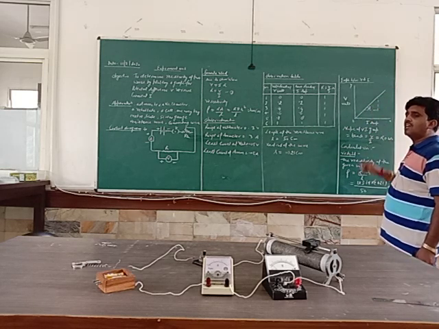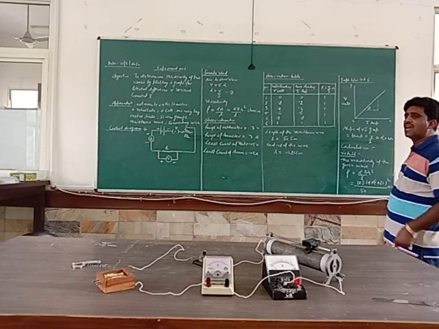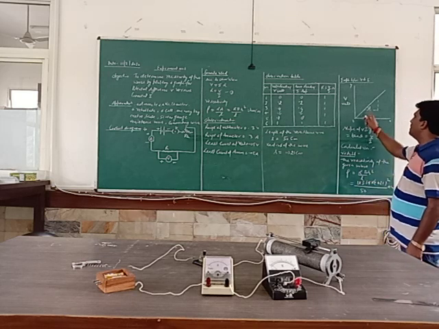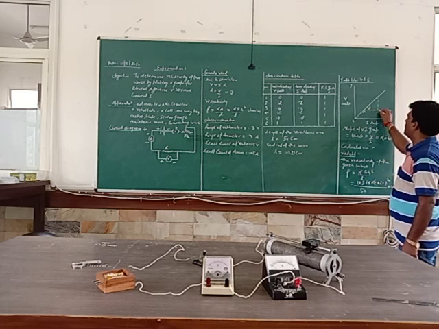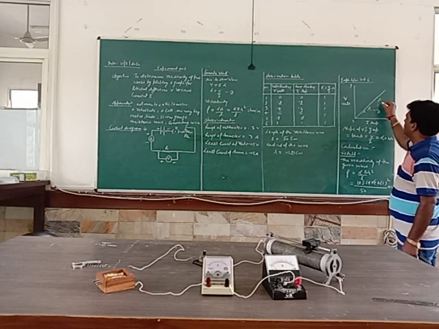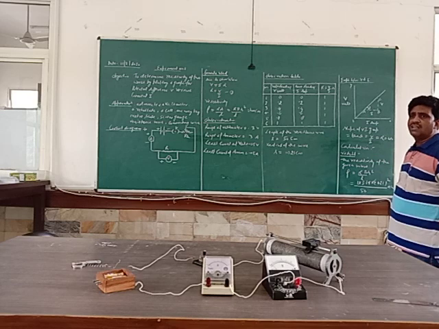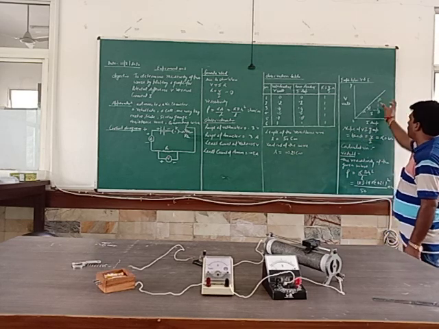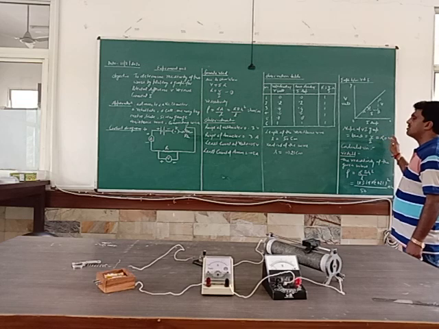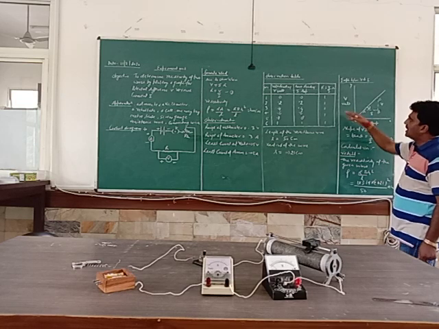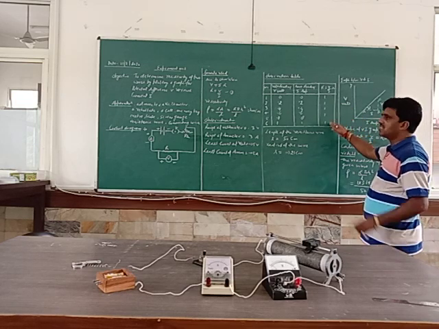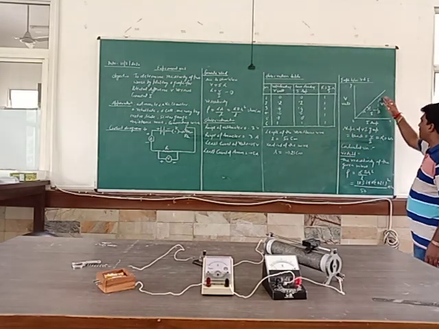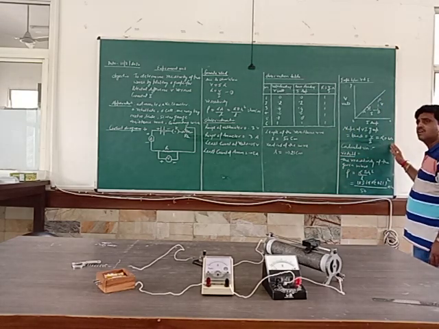And when we find the resistance of the given wire with the help of this graph, we find the slope of the graph ABC. We take this value as V and this value as I, and the slope is tan theta. So the slope of the VI graph is equal to tan theta. Tan theta is equal to perpendicular upon base, V upon I. It gives the value of resistance. By the table we found the resistance is 1 ohm, and by the graph the resistance is also 1 ohm.